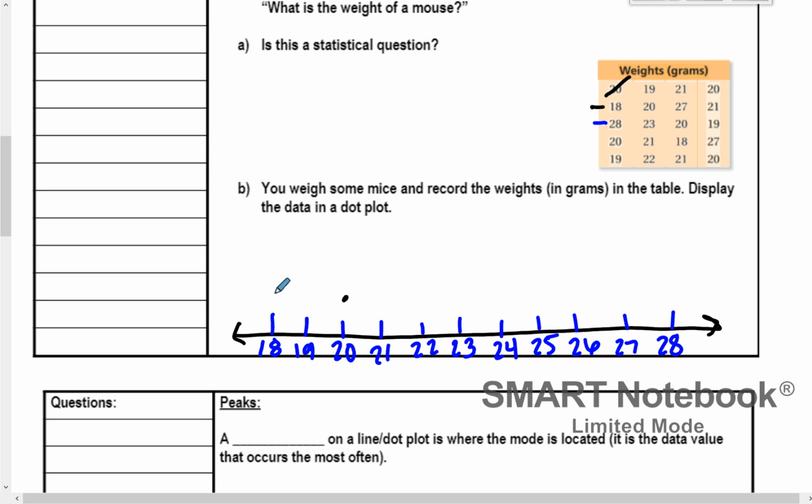Then we have an 18, and notice how I'm going to place it almost at the same level as that 20. A 28, I'm going to place almost at that same level as those other ones. I have another 20, so I'm going to stack it on top. I have a 19 on the first level. Another 19, so I want to line that up with my other ones. I have a third 20, 23, 21,